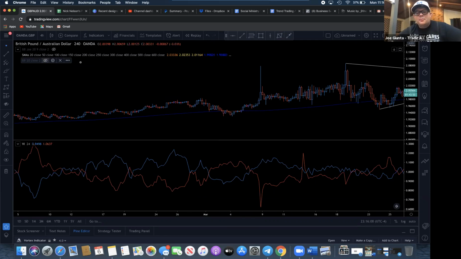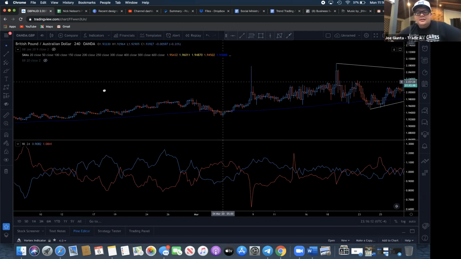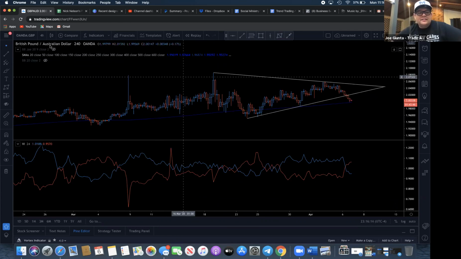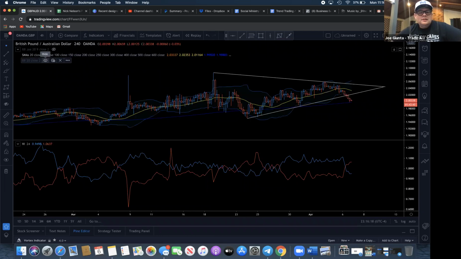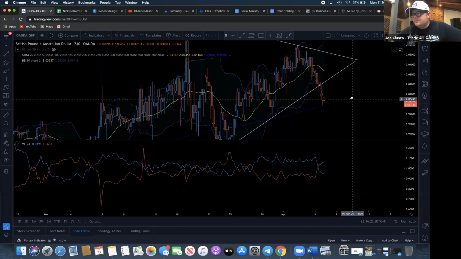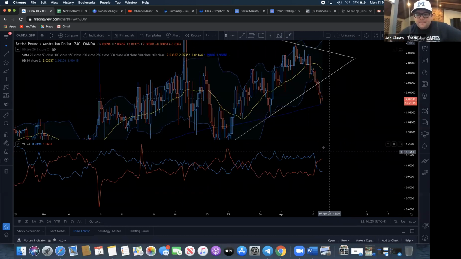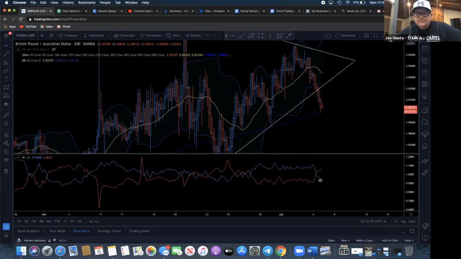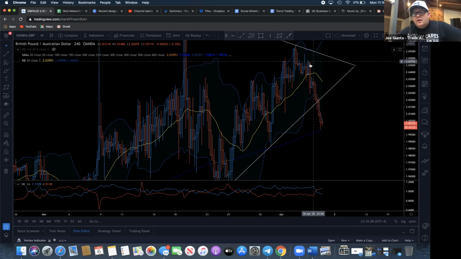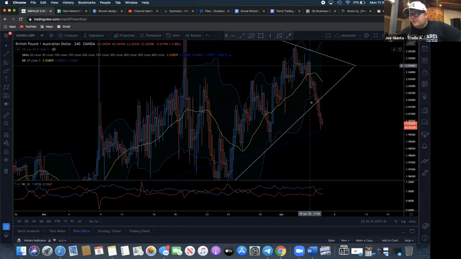Now watch this. I'm going to show you one more thing, and then I'm going to let y'all go because it's already 11:16. Y'all already know I love my Bollinger Band. Guys, look at this. Vortex, I use it depending on the chart. See, and that's a cool thing on the chart.